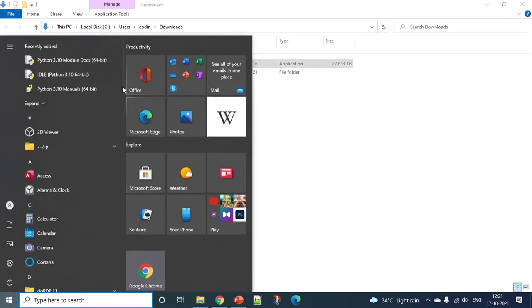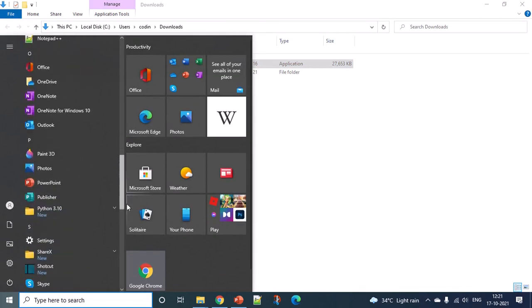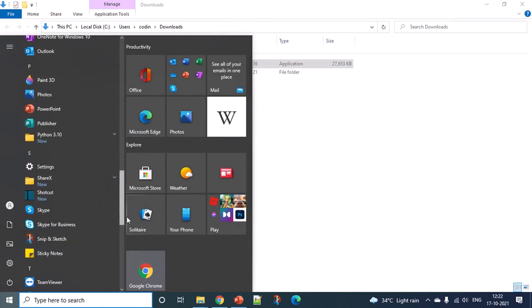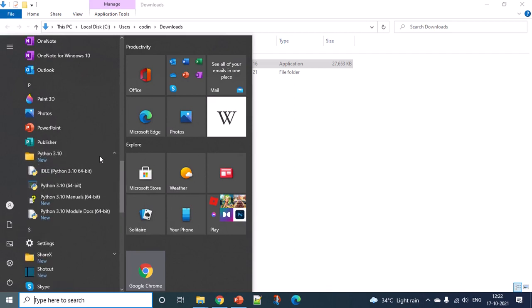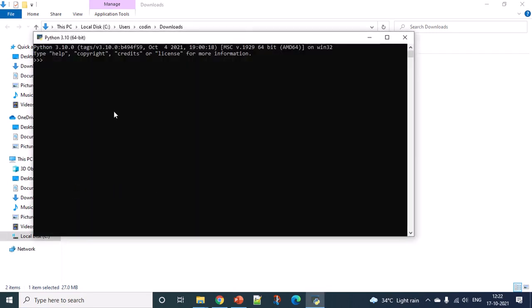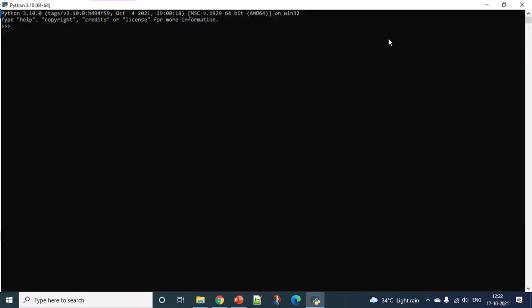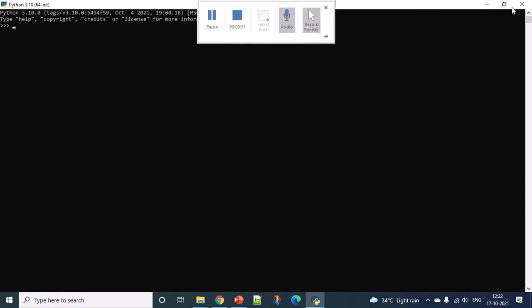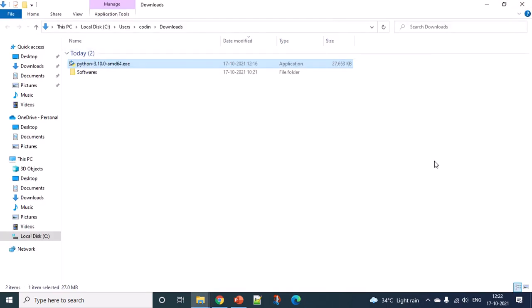We'll also try to run the command line version of Python. For that, click on this Windows Python 3.10 version of it. This is the command prompt version of Python 3.10 64-bit. It is similar to IDLE, except those additional features won't be there. So I think we have covered almost everything related